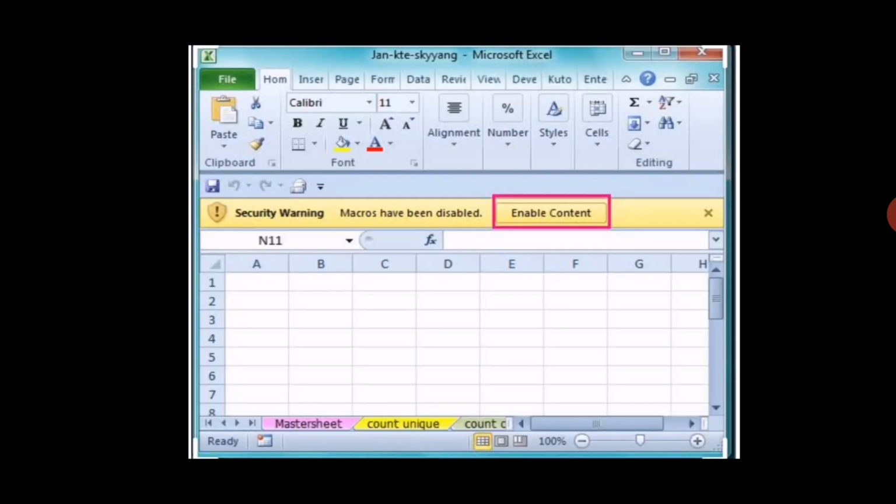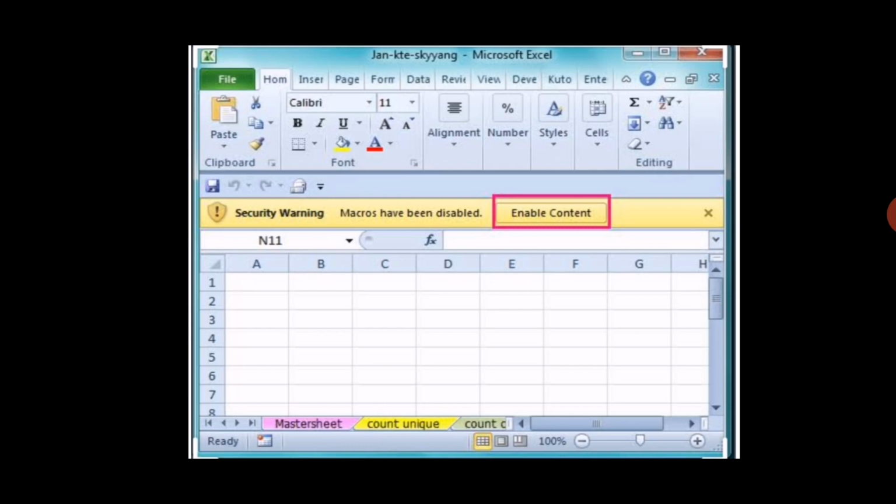You can see easily in this picture the Microsoft Excel workbook is open here, and at the top there is the title bar. In the title bar on the left side you can see the icon of Excel, and on the right side you can see three buttons: minimize button, maximize or restore button, and close button. In the bottom part you can see a status bar, it shows your status.